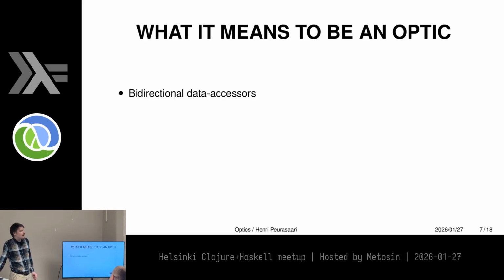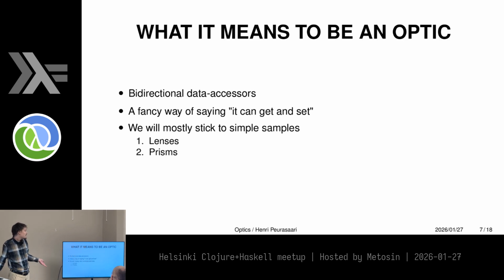Now that we have seen what accessing things is, what nested data structures are, what's immutable and what's mutable, we need to discuss what an optic is. Well, it's a bidirectional data accessor as per definition, which is a fancy way of saying it can get and set things. We will mostly stick to these simple examples in this presentation. We will talk about lenses and prisms, but there's more out there. We will shortly mention a few of them,